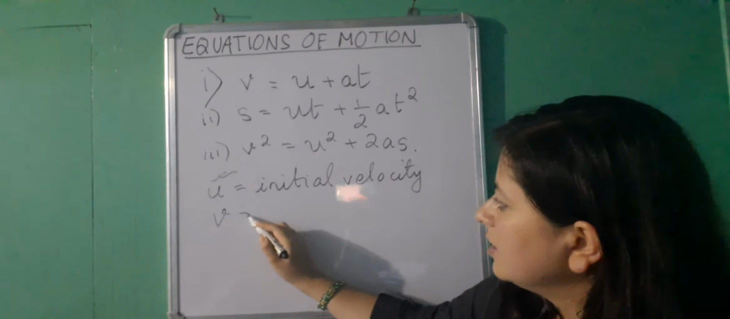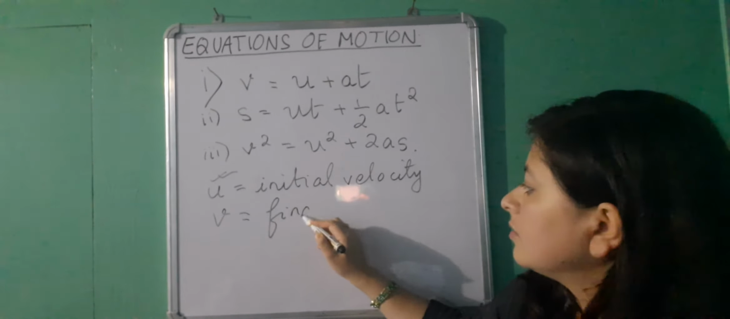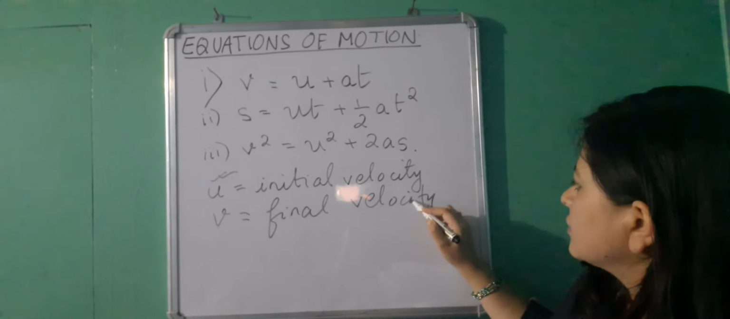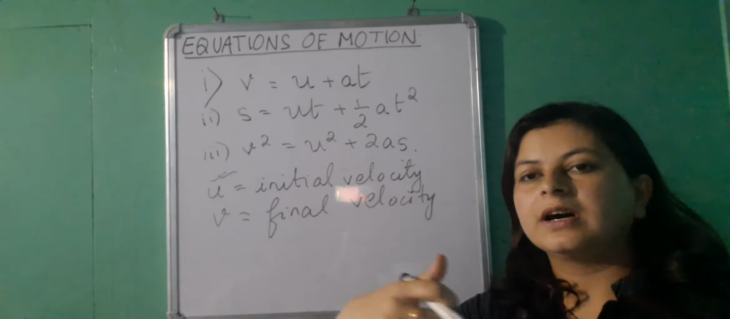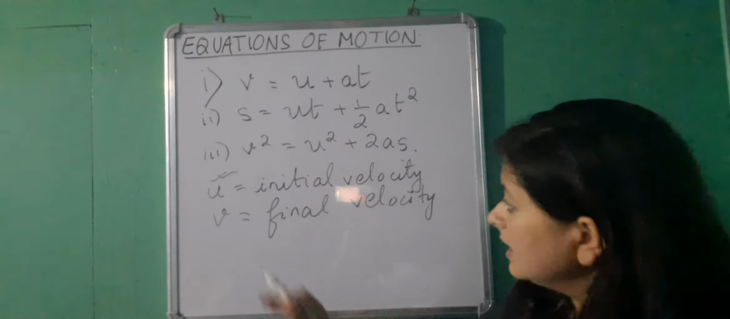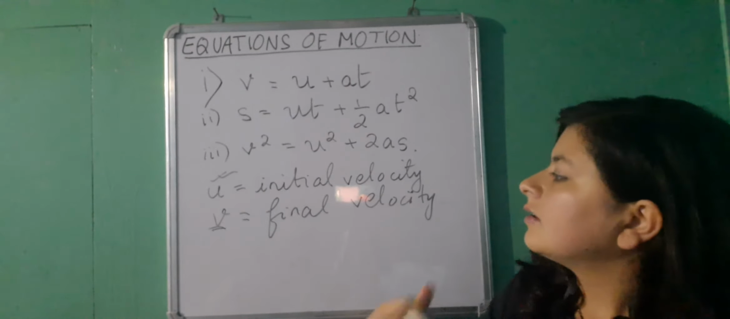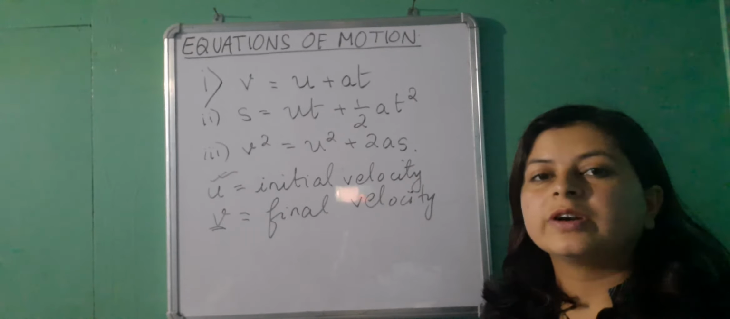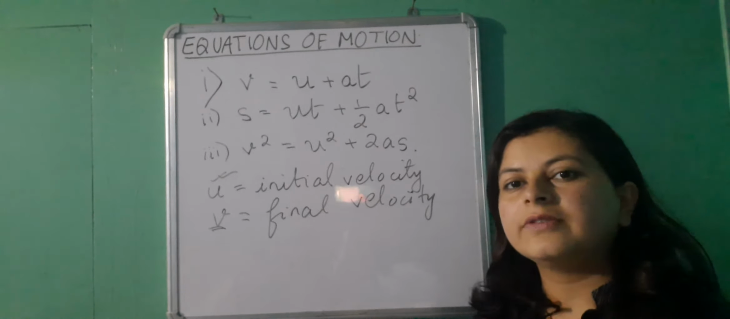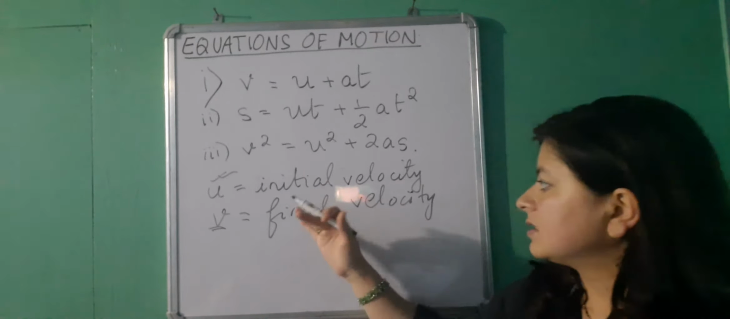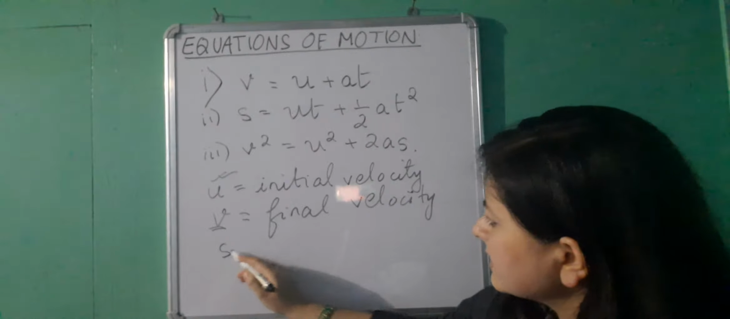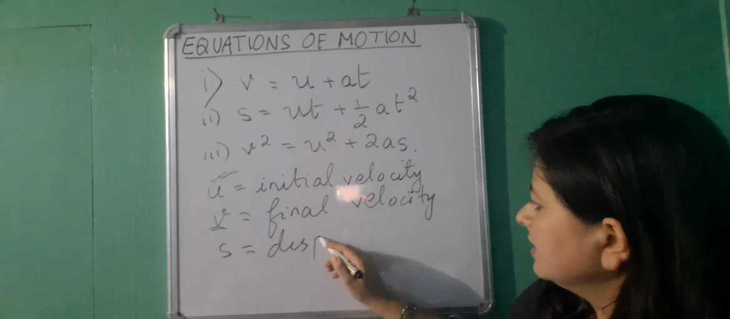So u is going to be 0 if the body starts from rest. v is final velocity. After a certain interval of time, if the body is accelerating, it will acquire a higher or a lower value of velocity. That is called final velocity. Higher velocity will be acquired if the body has got positive acceleration. If the body is retarding, or slowing down, then the final velocity will be lesser than the initial velocity. And s is nothing but the displacement